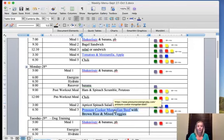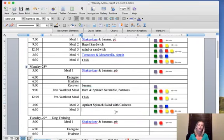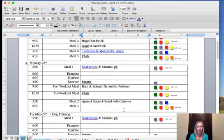I actually ended up making the pressure cooker Mongolian beef on Tuesday afternoon for lunch, because Tuesday school got canceled or moved to online because Tropical Storm Beta was causing a lot of rain, although we were fine in our area. And then my husband ordered some meals from Pro Meals, which are pretty good, and he ordered more than he needed, and he was like, oh, now you have to eat the meal. So that's why we ended up with a lot of meals that are going to carry over this week. But I do have one more that I can make, and so